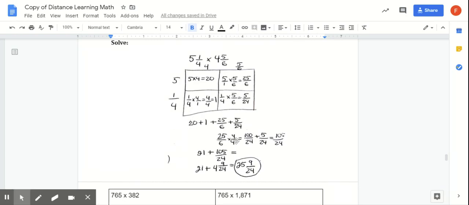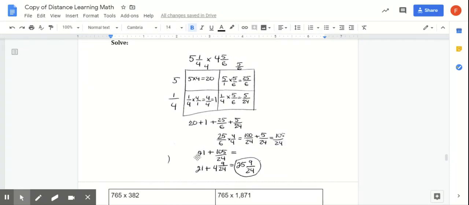Now I'm going to add all my partial products together. But of course, I'm going to add my fractions first. But again, we are going to notice that we don't have like units, so we can't add those together. So we must find a common denominator. I was able to realize that 6 is a factor of 24. So if I multiply 6 times 4, I'm going to get 24. So 25/6 times 4 over 4 is going to get me 100 over 24, plus 5/24 equals